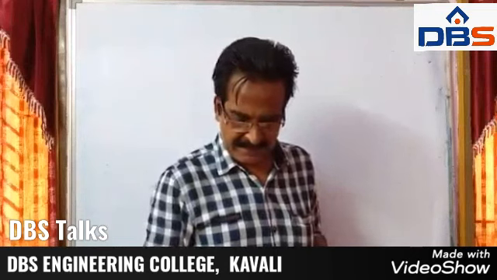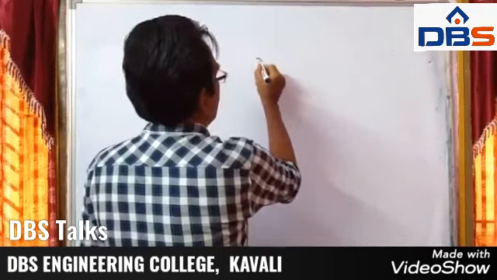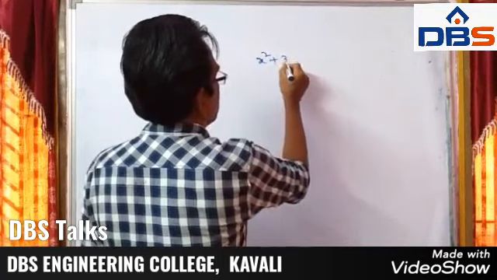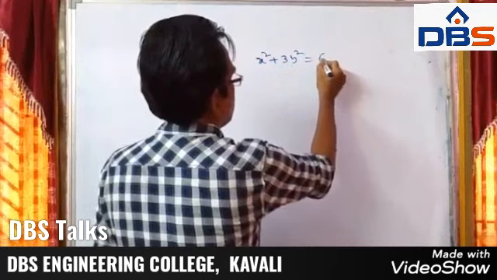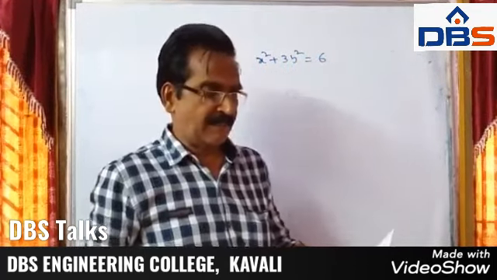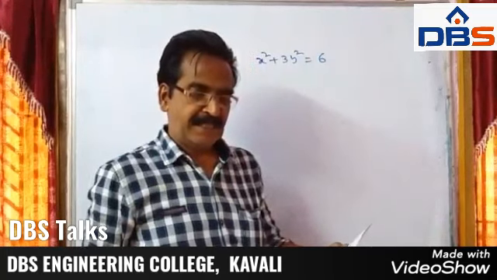Today let us do some more problems in ellipse chapter. See, today's first problem is, friends, the distance of a point on the ellipse x square plus 3y square is equal to 6 from its center